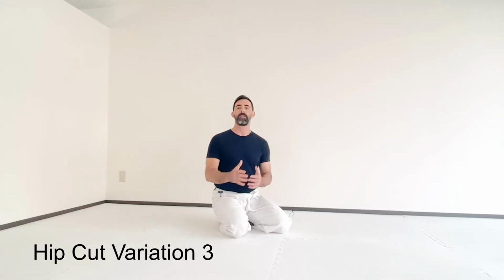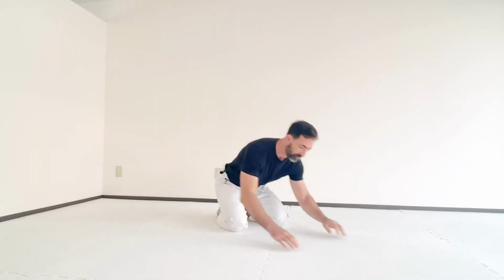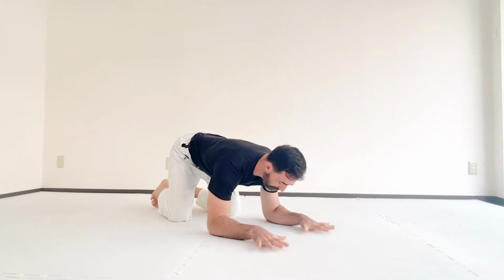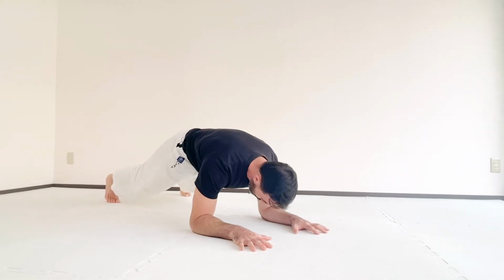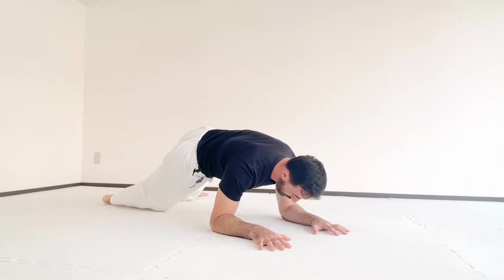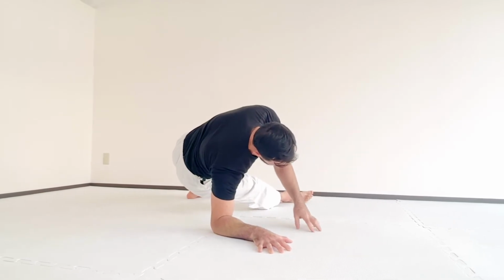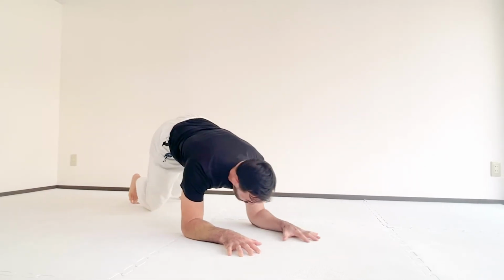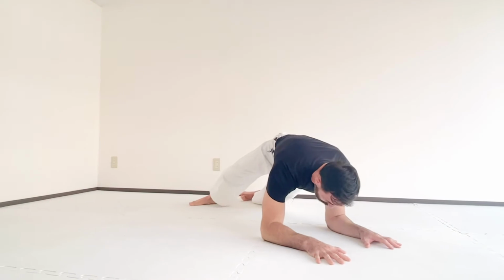For our final variation, we'll be on our forearms. Now, this also has a few variations of it as well. I'm going to show you the first one. With our forearms on the ground, I like to keep my palms flat on the floor. I have my legs behind me, and I'll shift my heels to the side, pulling the leg through. And you can use your fingers here for balance as you pull this hand up off the floor. Pulling the hand back, you go into this prone position with your forearms on the floor,